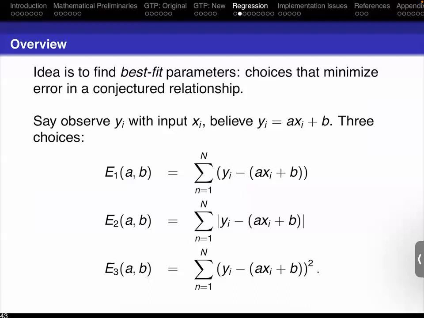So the first is I can look at the observed minus the predicted. I can look at the absolute value of the observed minus the predicted, or I can look at the square of the observed minus the predicted. Can somebody give me an issue with the first one? Just observed minus predicted. Why is this bad? If you have a bunch of positive and negative values, you can get 0 difference. Yeah, so if I observe 2 points, one at the bottom left and one at the top right, what would you say is the best fit line between bottom left and top right?